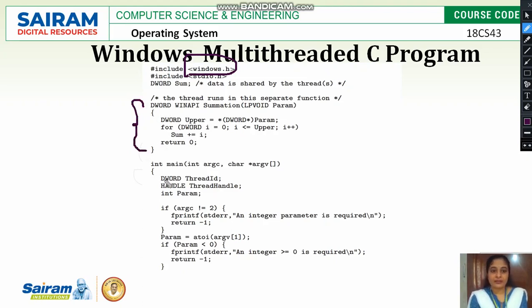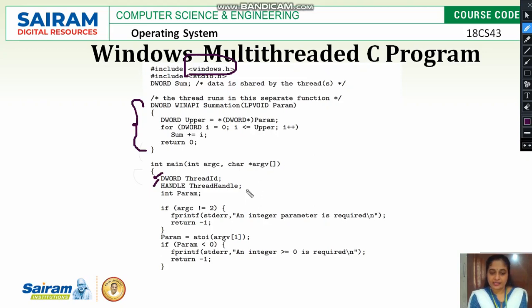First we will see how the thread is created. int main, int argc and char *argv[], these are the command line arguments passed. DWORD is a data type which is used for the thread ID. Unlike the TID in Unix, we have a thread ID in the Windows operating system, and HANDLE is for creating the thread handle, that is your thread attributes.